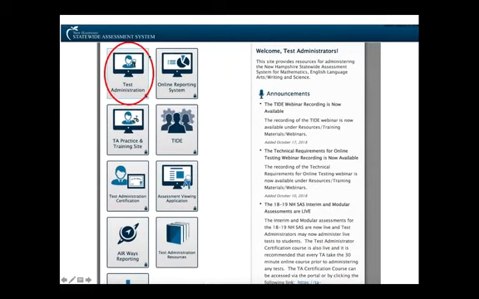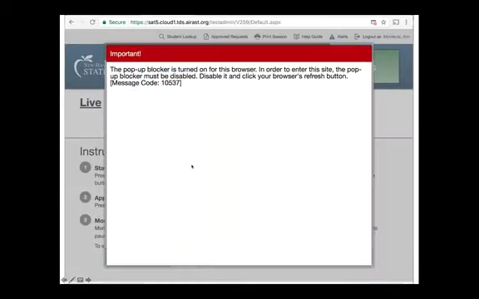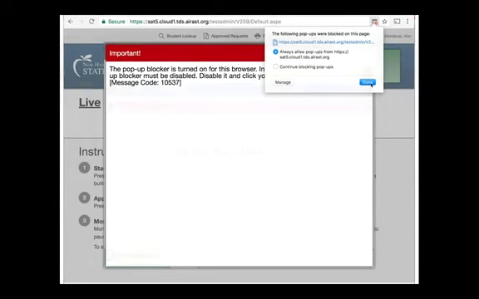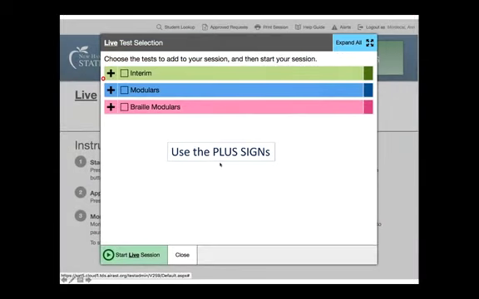You would think it would have been nice if they had 2 different names on that button, but they're 2 different buttons with the same name. But it's Test Administration. And 99.9% of the time I get this pop-up blocker. You have to go in and refresh, open this and always allow, and then click done and refresh. If you don't know how to get rid of the pop-up blockers, then you should probably have someone show you that, because I have a Mac, it might be different on your computer. Most people get that pop-up blocker, even if you change it to always allow.